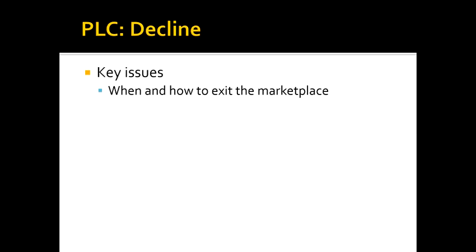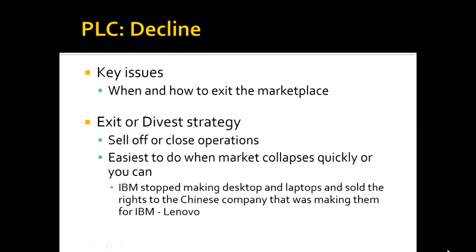But the key question is how to get out of the marketplace. There are really two options. The first one is really easy. You exit or divest. Divest, opposite of invest. Sell off, get rid of everything, tag sale, fire sale, all right? It doesn't make sense to do this anymore, so minimize your costs and get rid of everything. When IBM stopped selling personal computers, they sold the rights to a Chinese company that was making them, Lenovo. And that's why Lenovo has computers that say ThinkPad, which was originally trademarked by IBM. They just got rid of everything, said we're not making hardware anymore of any type for computers,